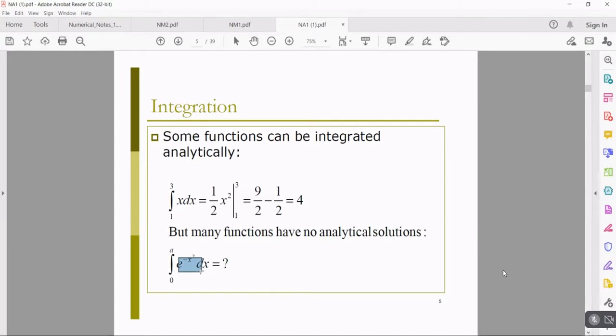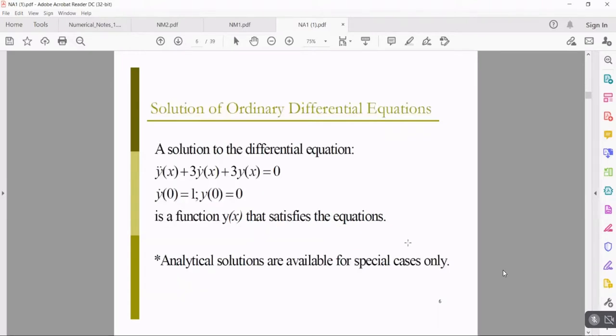But in some engineering problems we have these kinds of situations and we want their solutions. So instead of an exact solution, these numerical method techniques will provide you the approximate solution. We'll learn all these techniques in the later classes. Now, maybe in your third semester, or maybe in second, you have learned